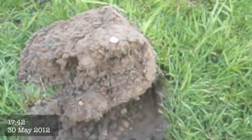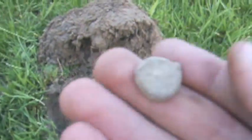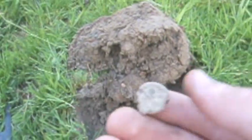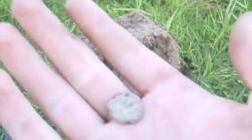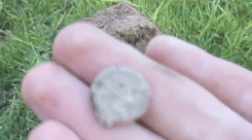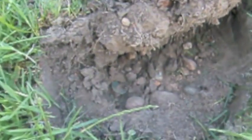Well guys, it's been a long time since I was last filming, but I've subsequently found another 15th century lead trading token, which essentially are coins. They were just used for small bartering, and I found at least 8 of these over the course of the last 2 years. I just wish I could find a medieval hammered coin instead, but I've just been plugging away